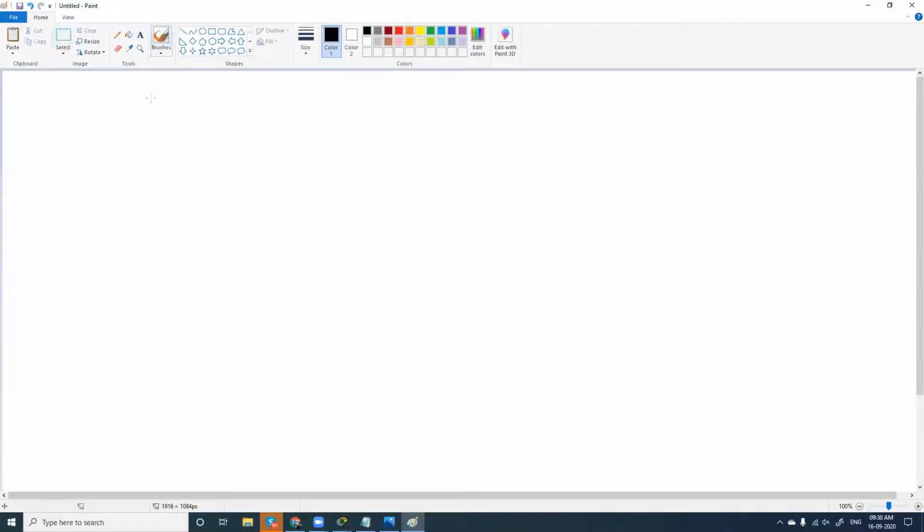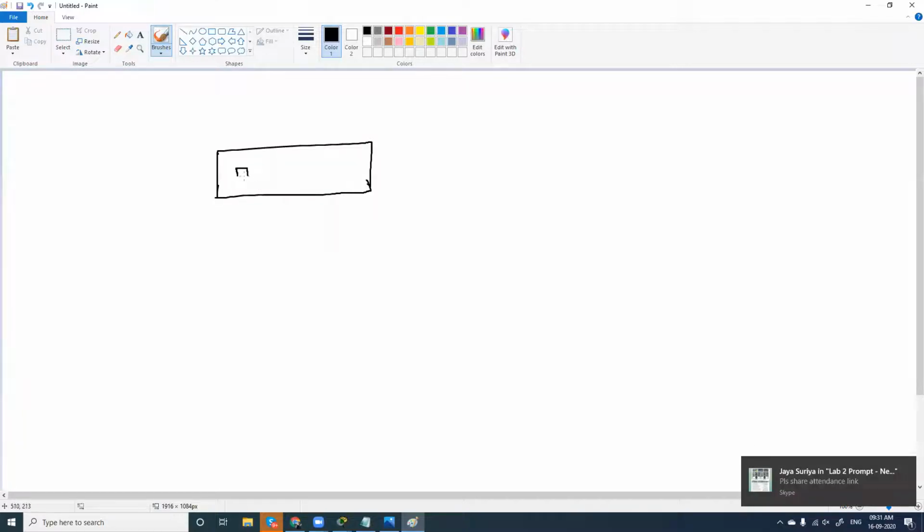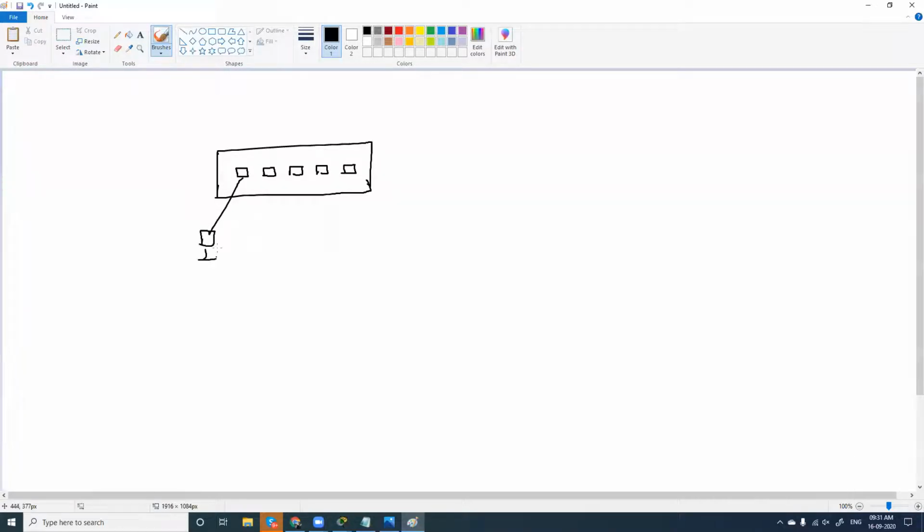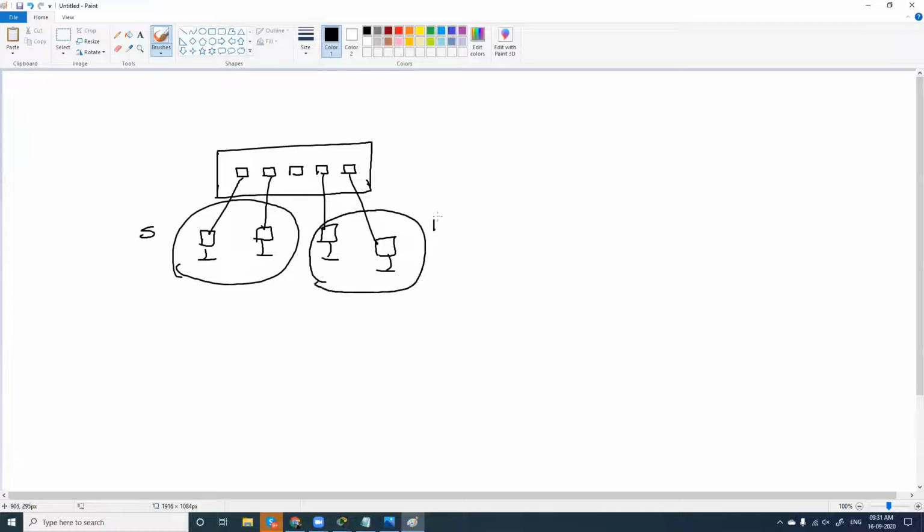When you look at subnetting, what was the actual scenario here? You had a switch, and you had a lot of ports in a switch, and you had different computers from different departments connected to this. So we had computers from sales, we had computers from HR. Assuming these are sales computers, and these are computers from HR.